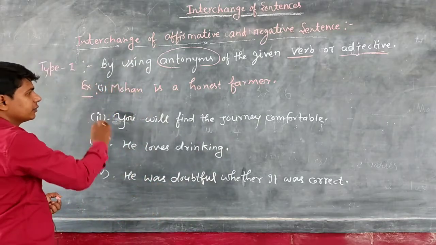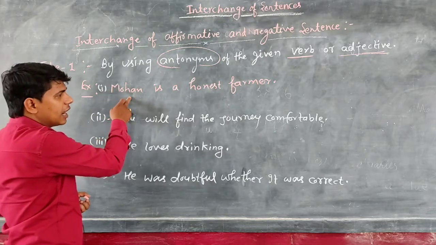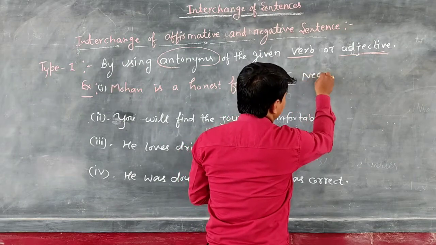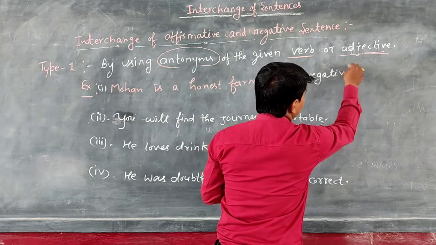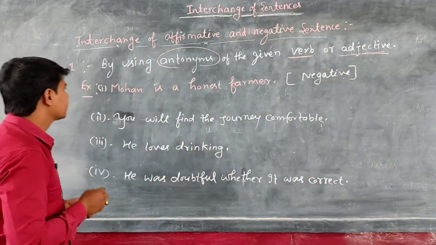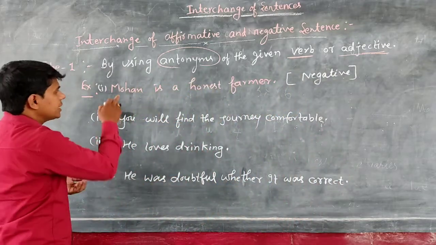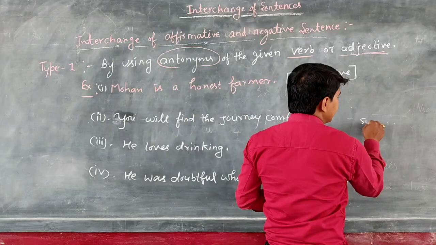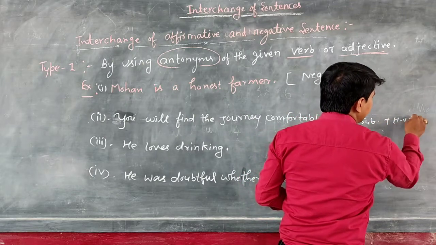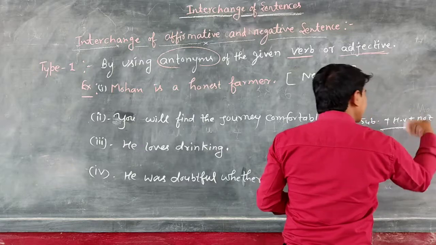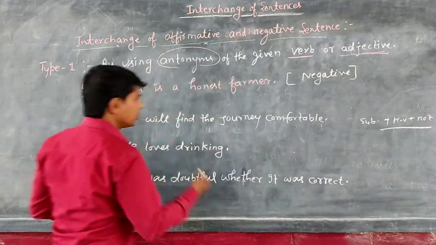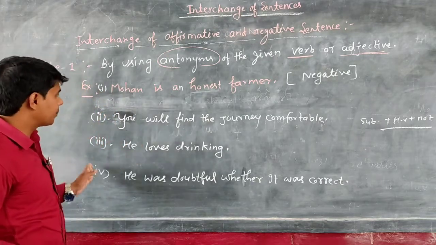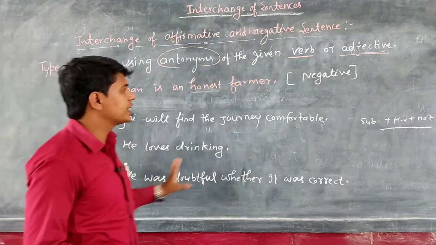So students, this is an affirmative sentence and you are asked to change it into a negative one. When you change this sentence into negative, first you should know the structure of the negative sentence: we use the subject, then the helping verb, then the negative word not. After that we follow the other process. So first you will write the subject. We have some examples of affirmative sentences that you have to change into negative.